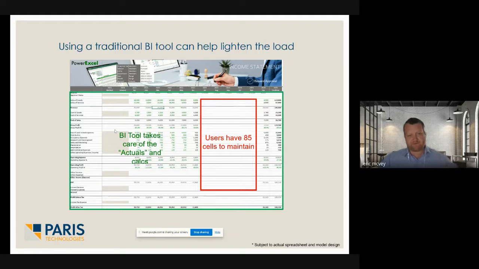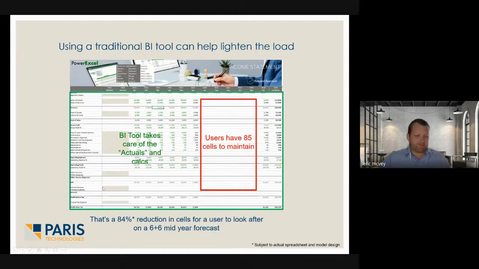Now, if we step up to a traditional BI tool, some people last week mentioned they might have some Hyperions lurking out there, it definitely lightens the load. In this little example it would bring it down to 85 odd cells, which represents an 84% reduction in the number of cells that we'd have to manage